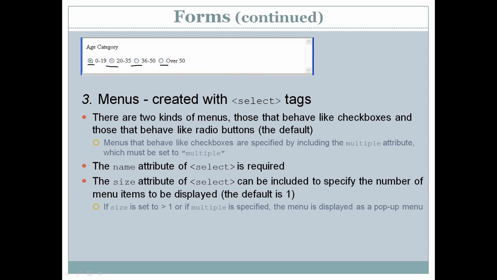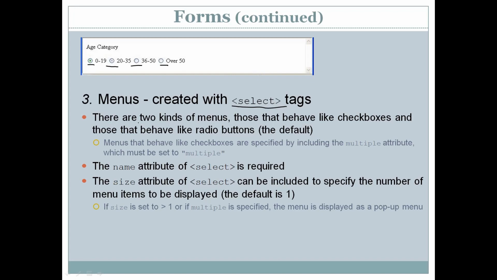Such a menu can be created in XHTML by using the select tag. Now the tag is different. For checkbox, radio button and text, we have used the same input tag, only the type was different. But for menus, the tag itself is different. The tag is the select tag.